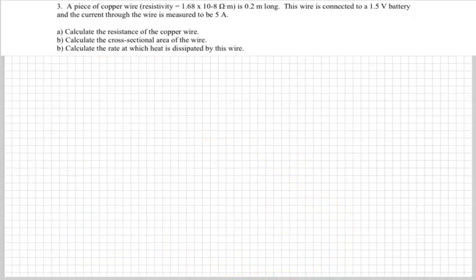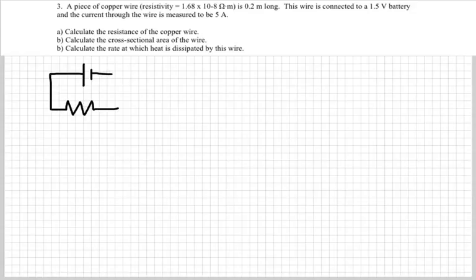Okay, so let's look at one more example together. In this example, we've got a piece of copper wire whose resistivity we know, which is 0.2 meters long. And then we connect the wire to a 1.5 volt battery, so that would be like a D-cell battery or a AAA battery or whatever. And then we measure the current through the wire to be something like 5 amperes, which is a pretty big current. So if we draw a picture of what that looks like,